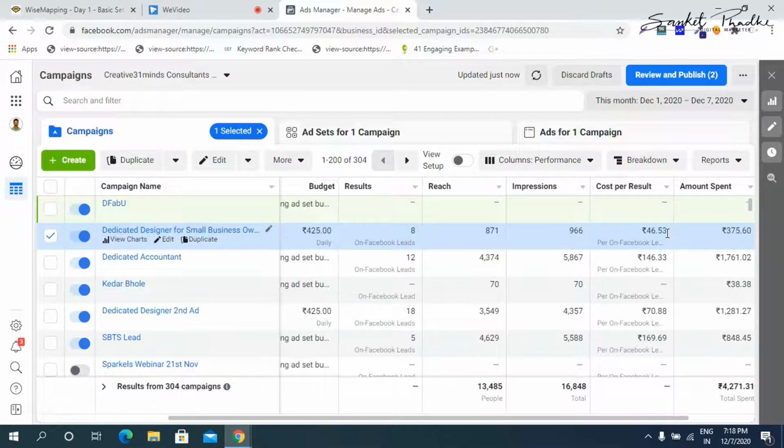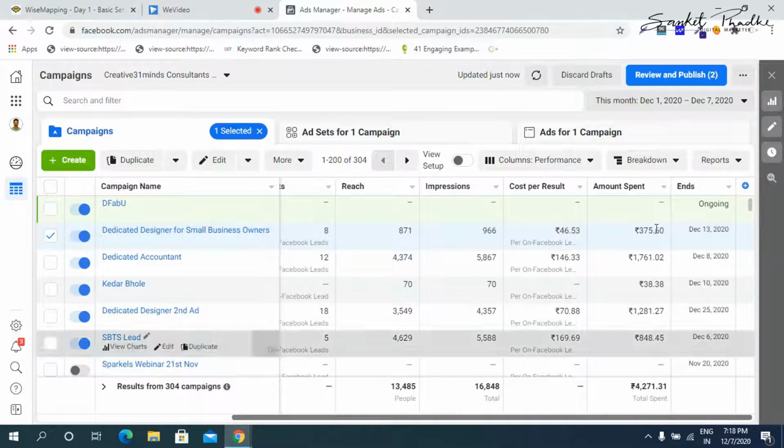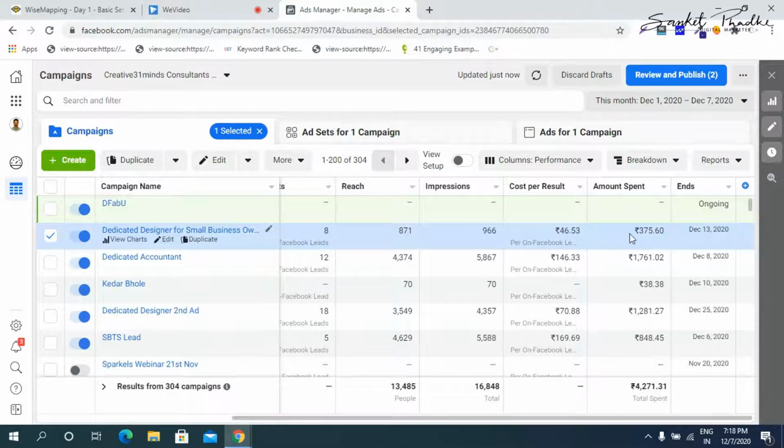Okay, now here if you see the total amount spent since yesterday is around 375 rupees, and out of 8 leads, so when Facebook spent this amount, we have generated 8 leads. Okay, that means the per lead cost for you is 46.53. It is simple calculation, 375 divided by 8.